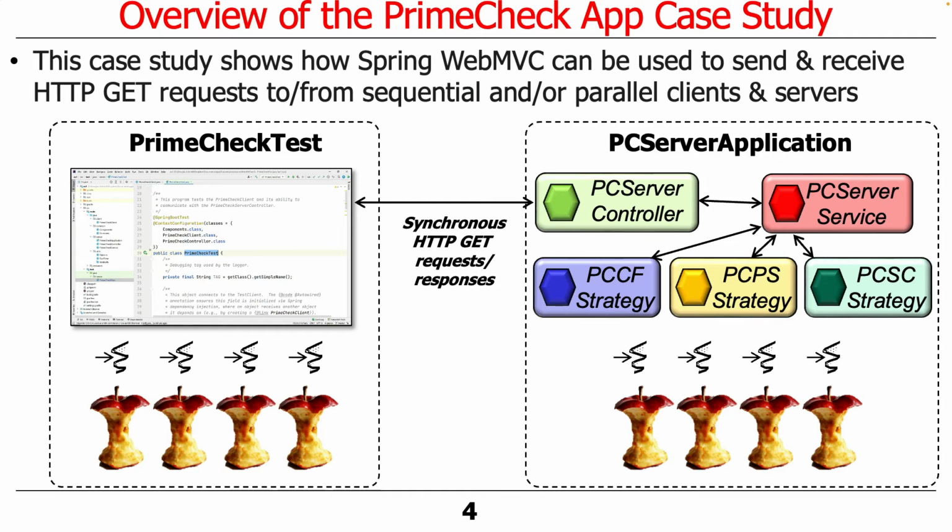So let's first start talking about the way this program is designed. The idea here is we're going to use Spring WebMVC to send and receive HTTP GET requests either one at a time or in parallel from the client to the server. And even when we send it one at a time, we can have a whole slew of threads that are all sending them in parallel, even though each thread is sending things one at a time. So there'll be a couple different variants there. All of these calls are synchronous. Once again, we'll talk later about asynchronous stuff when we get to that part of the course,